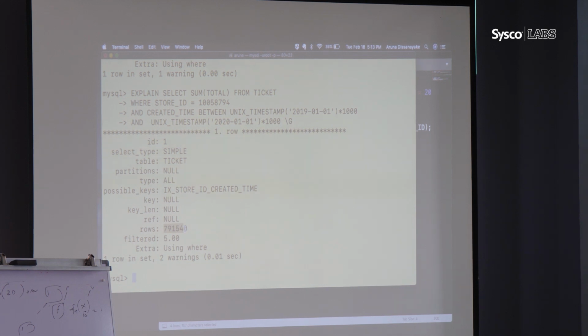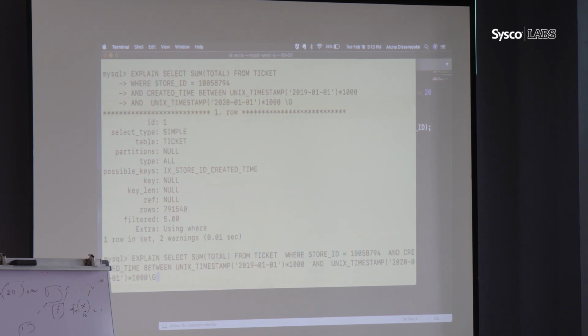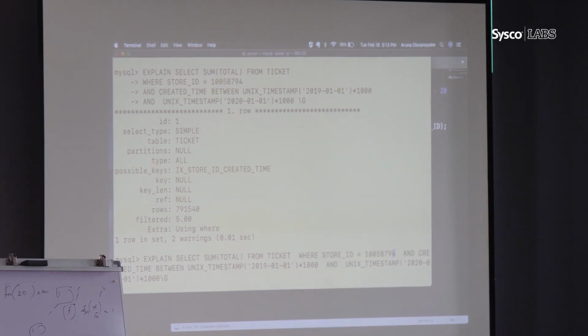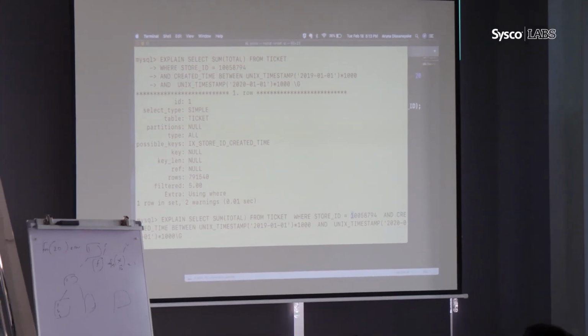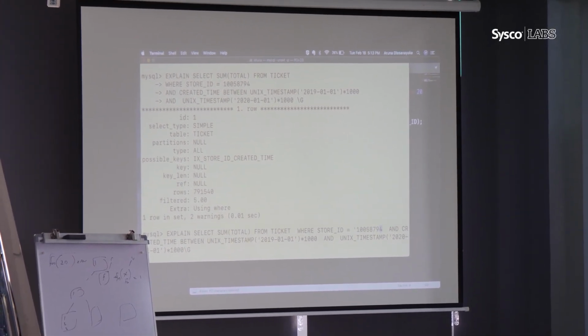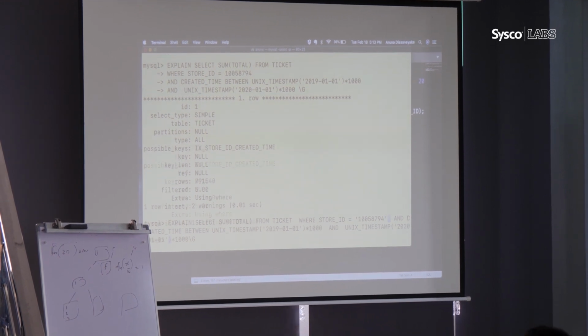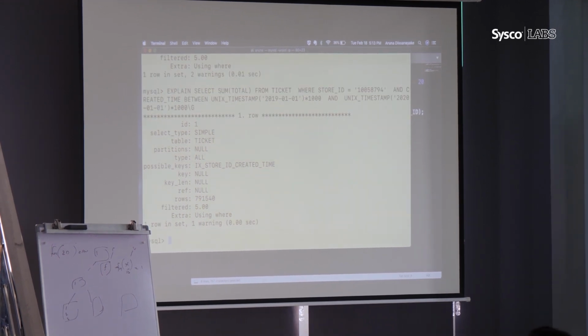Okay, let's try that one. But we can say this to ID should have coordination. Still not. There's no difference. Why? Any guess?